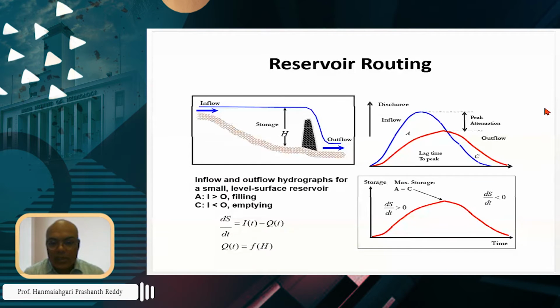So now let's discuss reservoir routing. So you see this slide where a dam is shown here. Okay, so this is the inflow and the water is filled in this reservoir. So once water level goes over the crest of this dam, then water flows downstream side. Okay, so where the river joins this reservoir, that's called inlet. So at the inlet, the hydrograph we call as inflow hydrograph. So that is shown with this blue curve.